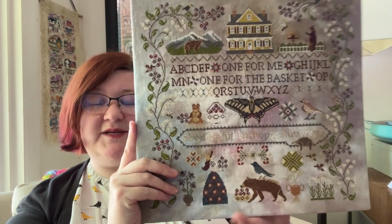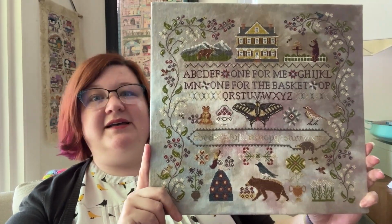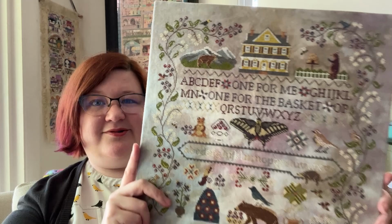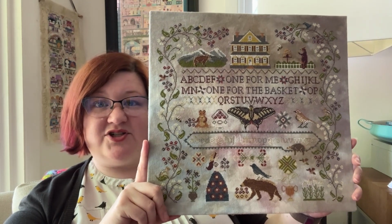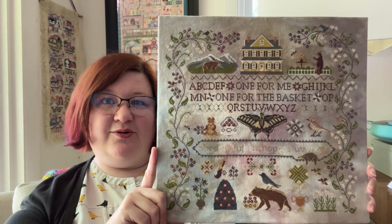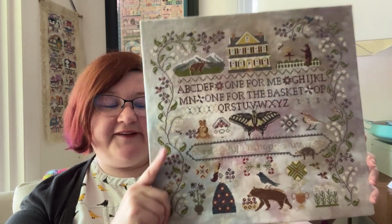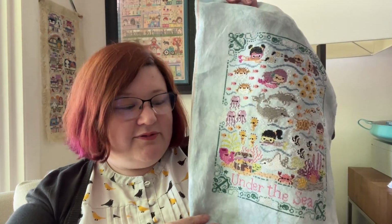It's small, like this piece is about 12.5 by 13 finished, but it's on 40 count fabric, so 20 stitches per inch because I did it over 2. There's a lot of stitches. I don't usually stitch pieces this big, and because of the amount of work that went into this, I also think it justifies a fancy frame. So much as I would love to do a fancy frame for Under the Sea, I'm going to save it for this special piece, and then I'll decide about Under the Sea if I go custom